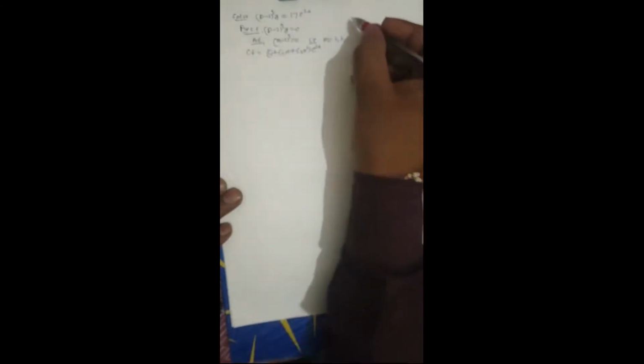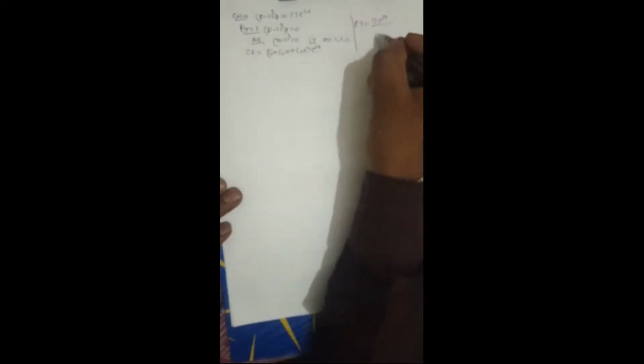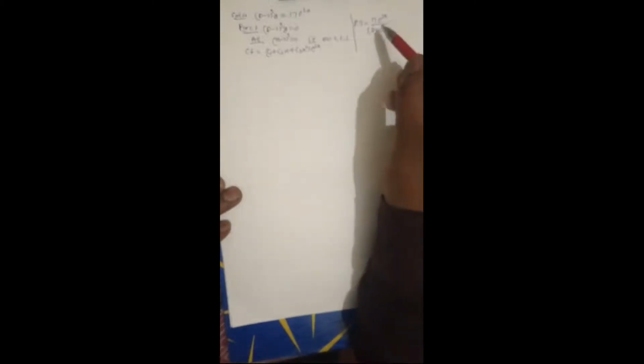Now PI can be written as 17 e^(2x) upon (D minus 2)^3. By the rule of e^(ax), D equals a in the denominator, but in this case the denominator value will vanish. Therefore the rule is changed by putting D equal to D plus a, that is D is equal to D plus 2.